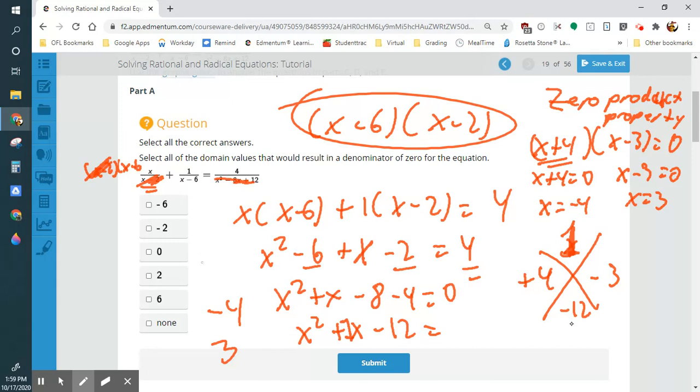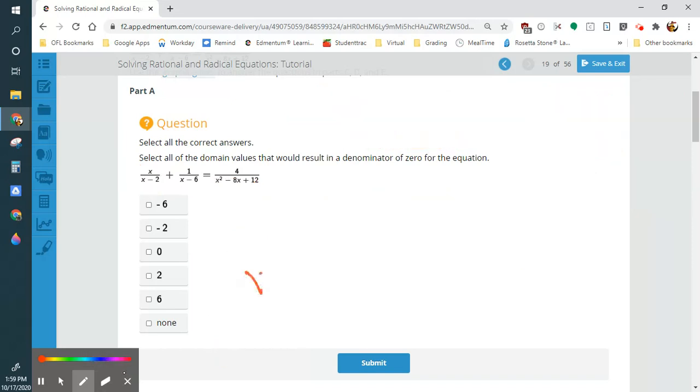We don't have a 4. Now, why do you think that is? Let's take a look. So it's negative 4 and 3. I'm going to have to remember that because now they're gone. X minus 4 and 3. The reason why this 3 won't work, or the negative 4 won't work, is if we plug it in,